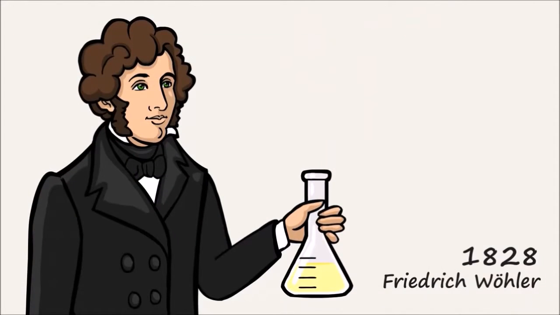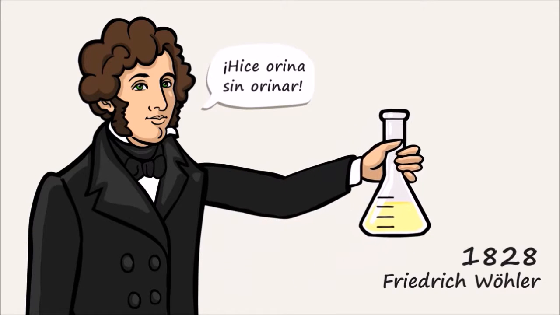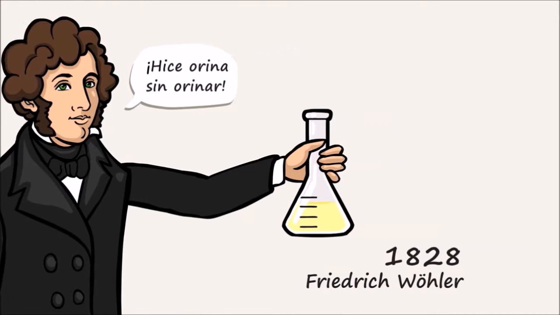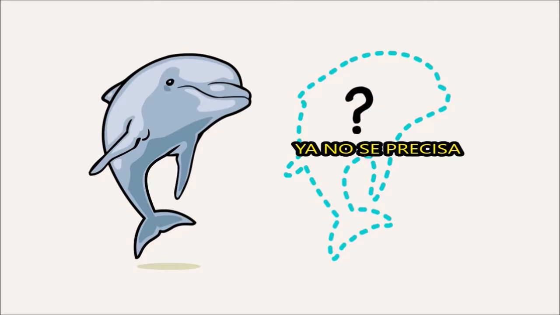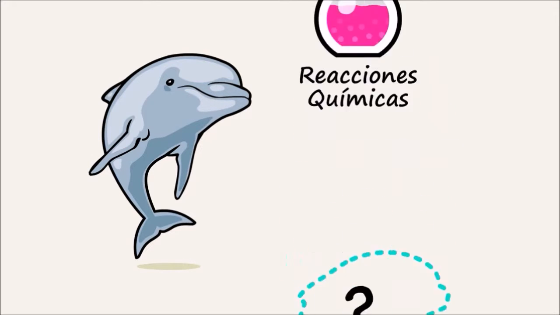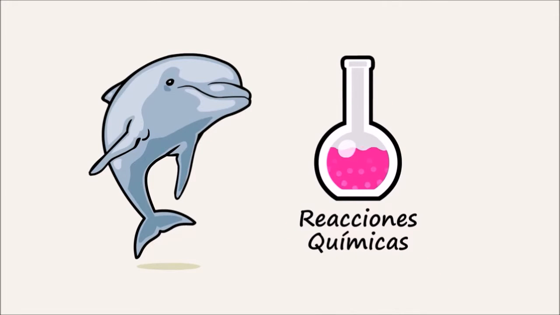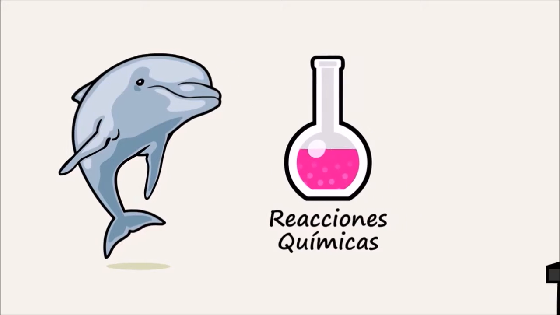En 1828, un químico llamado Frederick Wöhler produjo la urea por accidente en su laboratorio. La urea es uno de los componentes principales de la orina, una de las muchas sustancias químicas que los científicos de aquella época pensaban solo podía ser producida por la fuerza vital que actúa en el interior de un ser vivo. La producción artificial de urea sugiere que la vida no es impulsada por una fuerza misteriosa, sino que es generada por las reacciones químicas normales que podrían ser estudiadas y comprendidas.